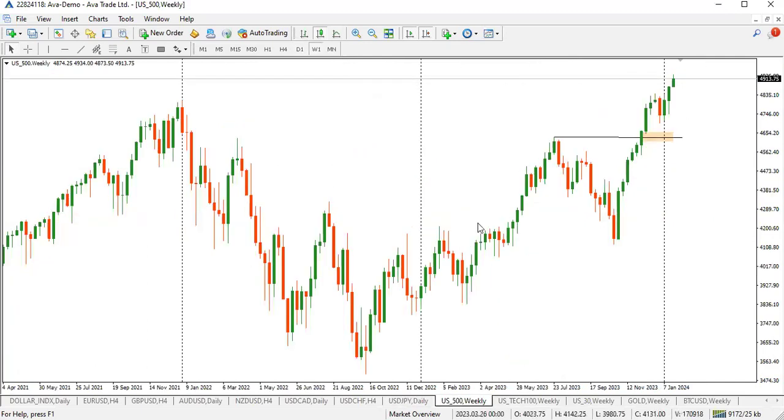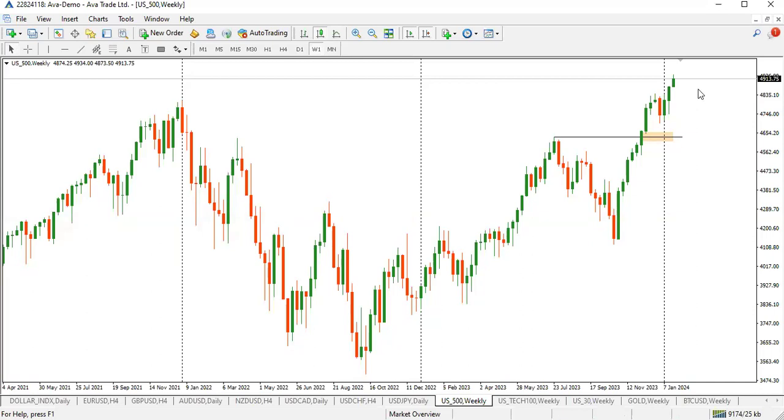Okay, let's go to our indices. The indices is actually overbought at this point. It has created an all-time high, and personally, I'm not convinced. There's no real reason why indices are at this level at the moment. Nothing to frame it on other than price just doing its thing. This is the all-time high for indices, and it's just been pressing higher.